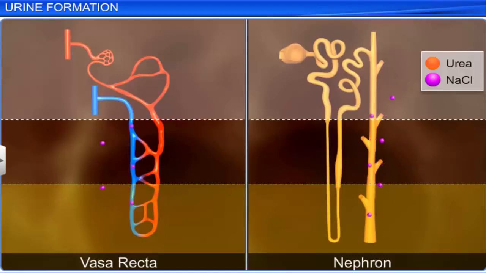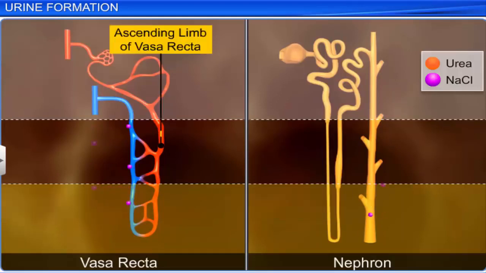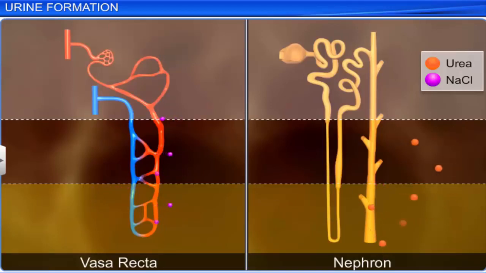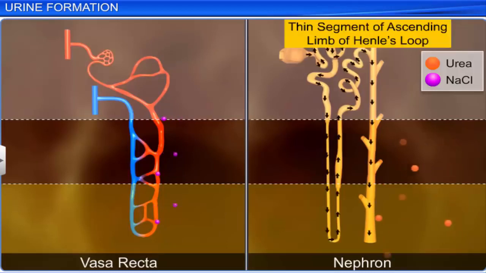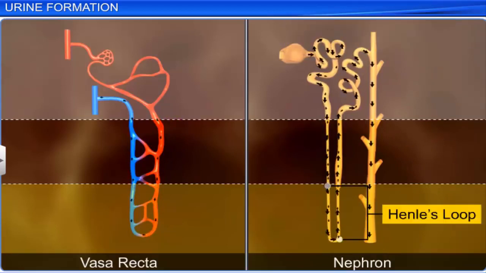The sodium chloride that is transported through the ascending limb of Henle's loop is exchanged with the descending limb of the vasa recta. Then the ascending limb of the vasa recta returns the sodium chloride to the interstitium. In the same way, small amounts of urea entering the thin segment of the ascending limb of Henle's loop are transported back to the interstitium by the collecting tubule. This unique arrangement of the Henle's loop and the vasa recta, together with the countercurrent mechanism, helps maintain the concentration gradient in the medulla,